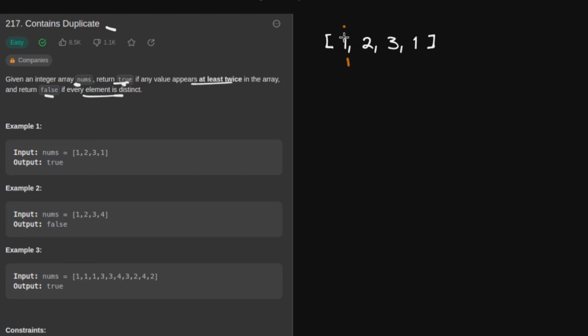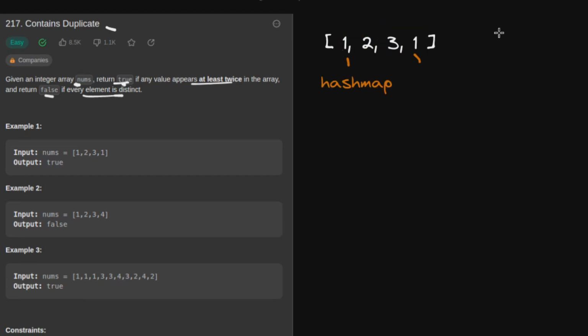The first approach will be to check for every single value in the array, whether there's another value that's equivalent to this value. So for this value at index number 0, we will check the entire range of this array and see if there's any other value that matches it. And clearly you can see there's value number 1 at the very last index of this given array. However, doing it that way is the brute force approach, and this will result in an O of n squared time complexity,